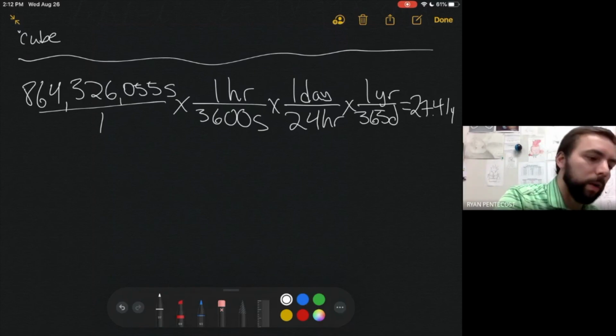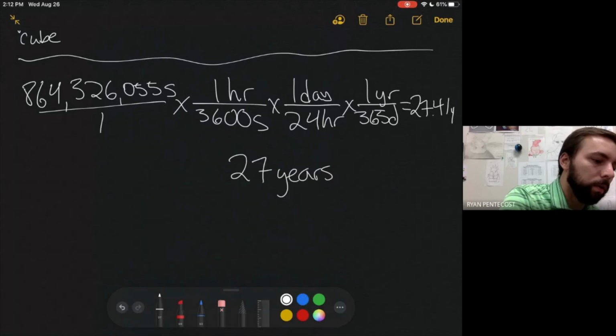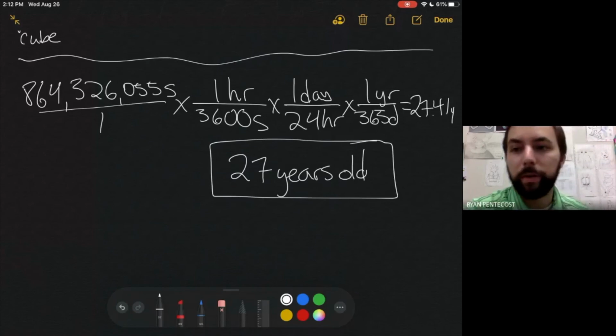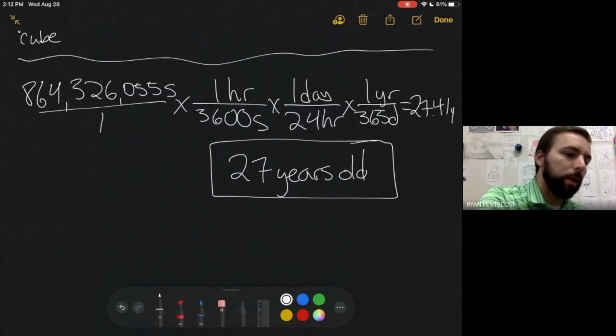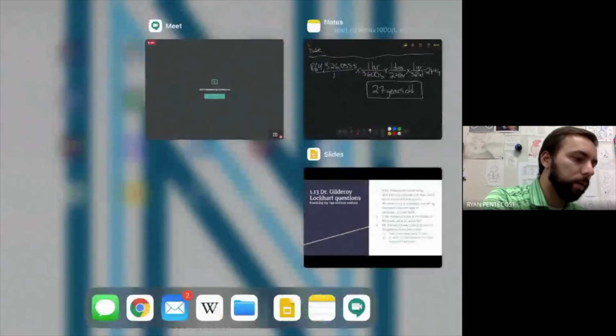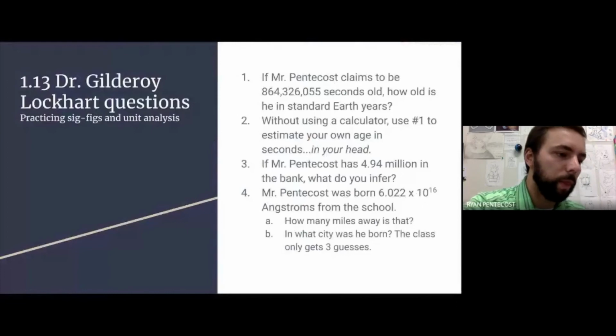$27.41 years. So the answer, it was asked how many standard Earth years. You would round that sucker to 27 years old. Bet you didn't know I was that old or young. So 27 years old. Now, if we go back to the slides,